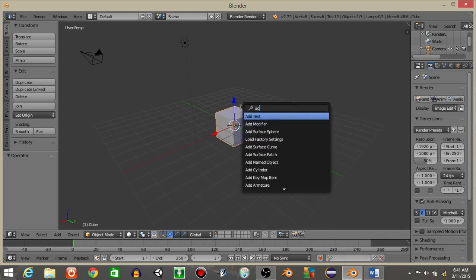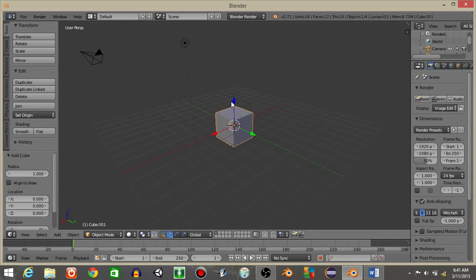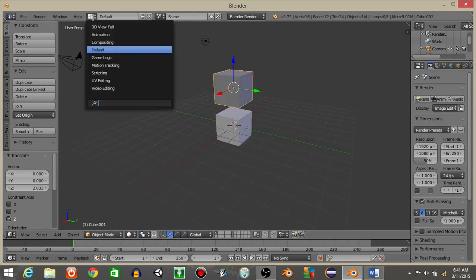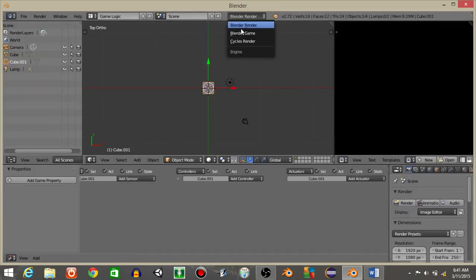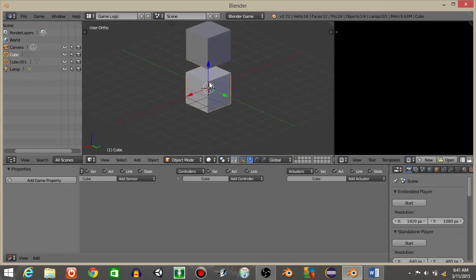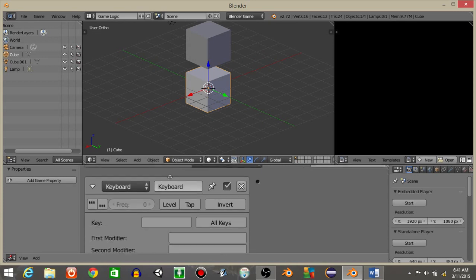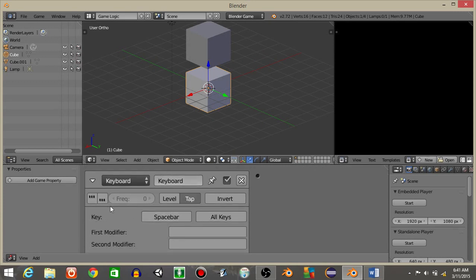So to start off, let's do spacebar and then add a cube like this, and let's drag this cube just above our other cube like this. Now what we're going to do is go from defaults to game logic, and go from Blender render to Blender game. On this bottom cube, let's add a keyboard sensor. Let's put tap, spacebar,